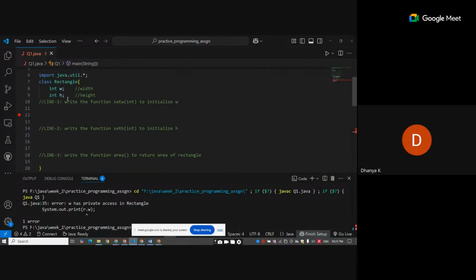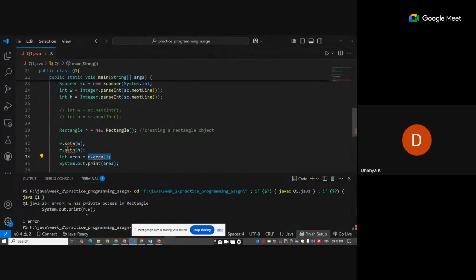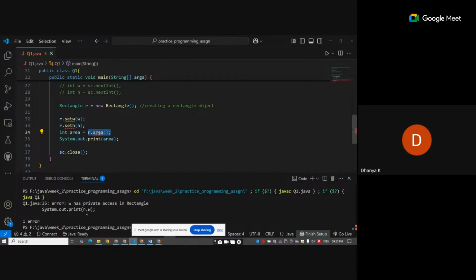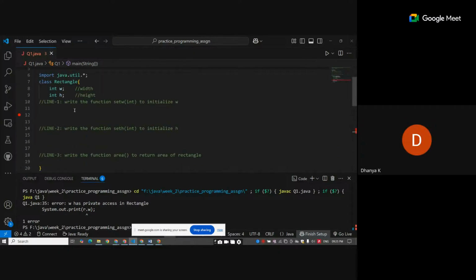And here, our task is to write these three functions: setW, setH, and area. Okay, so shall we begin? I am pretty sure that by now you will be able to do this. So we can code together. Actually, I will write for you. You can just unmute and tell me,